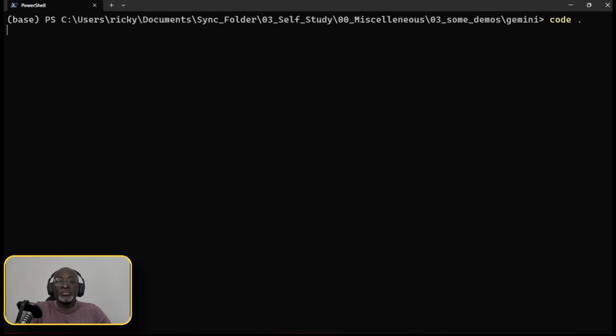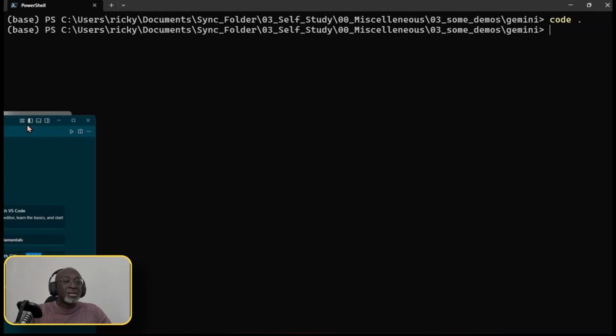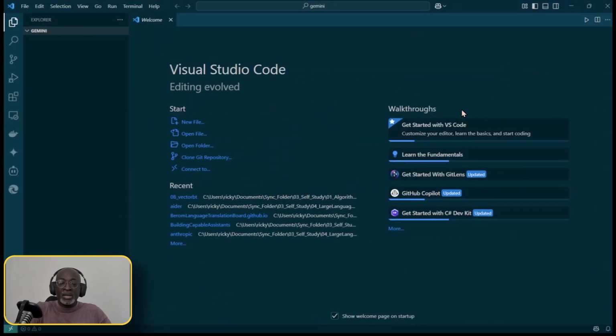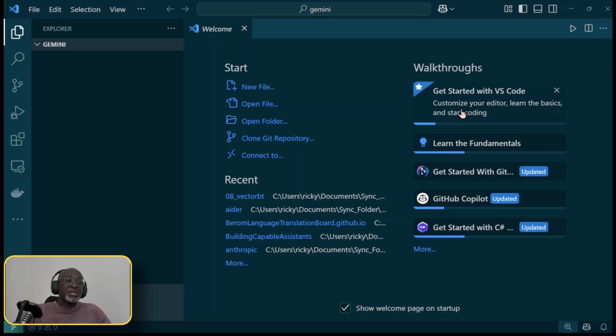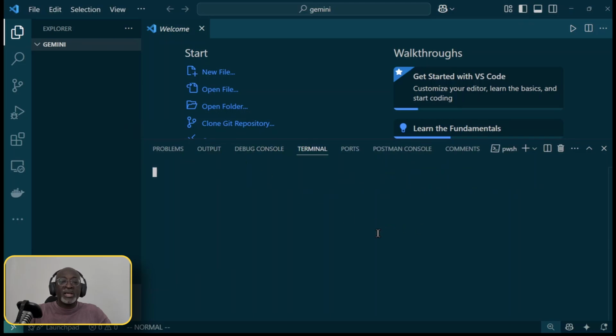That is what I'm going to do. My VS Code popped up on a different window. I will just drag it here, and I will enlarge it so that you can see. We're here in this new directory that we just created. So what we're going to do is to go to the terminal here and